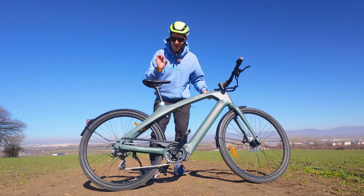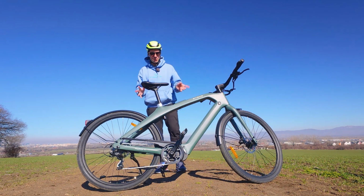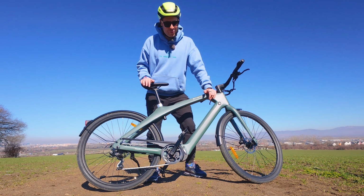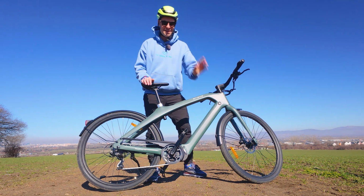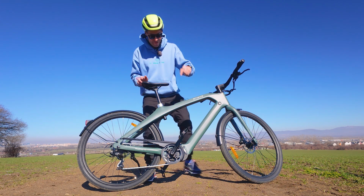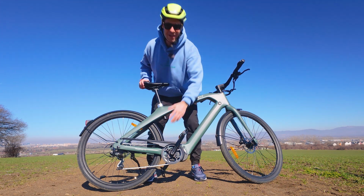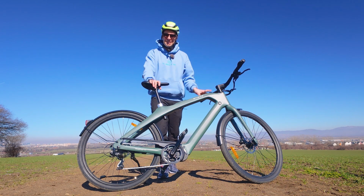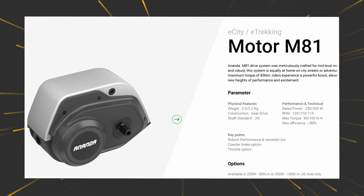This is a very competitive package given the price point, and knowing that for less than 2K we get a bike with a carbon fiber frame, I think that's a rarity. Especially if we add on top the fact that there's a mid-drive motor over here. It's true, it's made by a rather not so popular brand, Nanda,